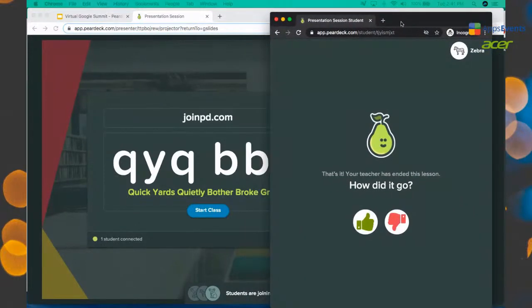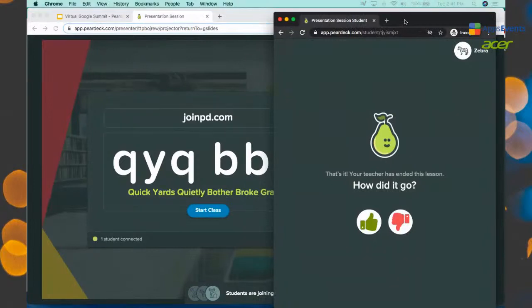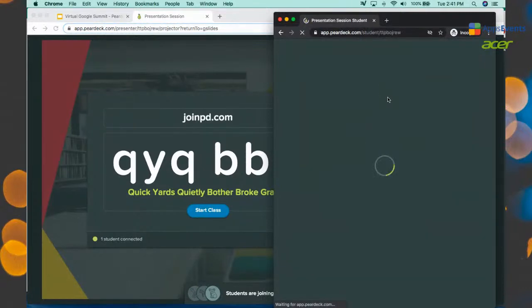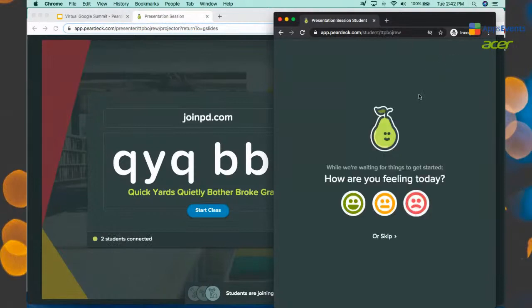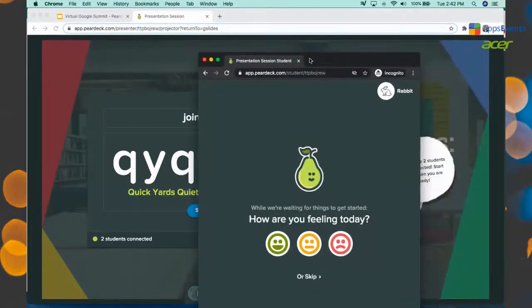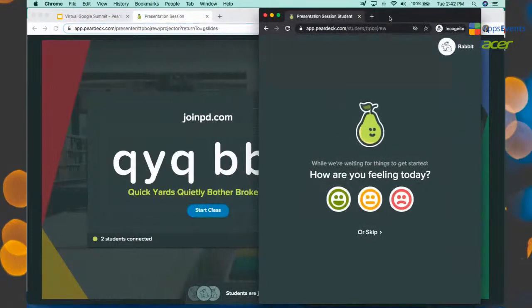So this is an incognito window where I don't have a student logged in to an account, and I'm just going to paste the link from this presentation, and it's going to let me join the presentation without an account, and it'll give me a little animal avatar. Right? So I'm a rabbit for this session. So two options. So it can work both ways, and you can turn that on or off in your settings